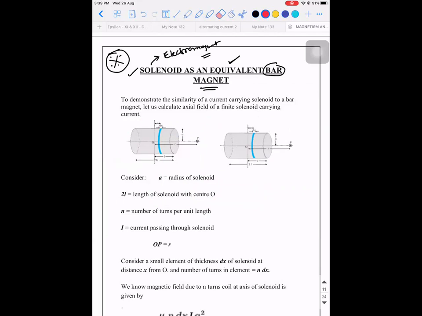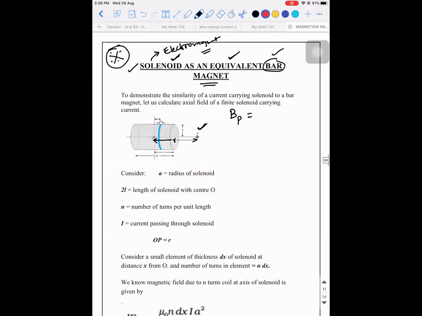So when you consider a solenoid of this shape, what we need to do is consider a point on the axis of it. Okay, we have taken a point P on the axis of it, which is at a distance r from it. R from where? R from the center of the axis, or I can say center of the solenoid. Is it clear till this step? Now, if I have to prove that a solenoid is similar to a bar magnet, what is the final result expected at point P? It should be mu naught